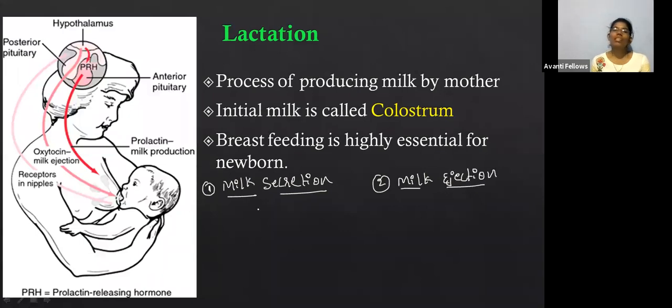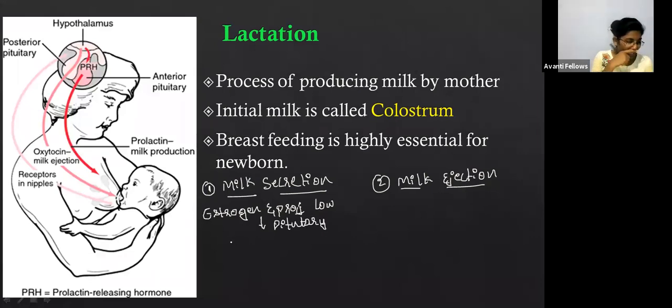Okay, so what happens is, I told you already, during the parturition, hormones like estrogen and progesterone, what is the level of estrogen and progesterone during the parturition? Estrogen and progesterone levels. Yes, very good. Estrogen and progesterone levels are low, right? This is going to stimulate the pituitary gland. This is going to stimulate what?